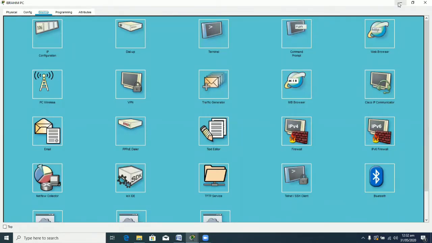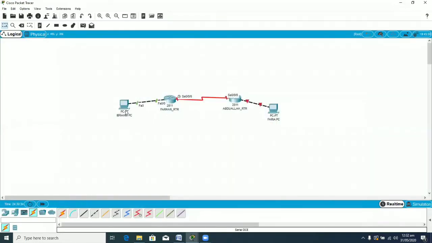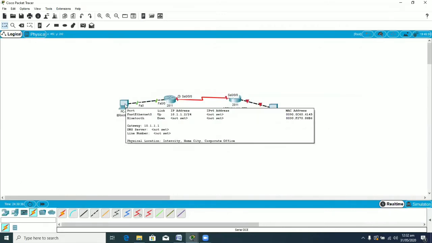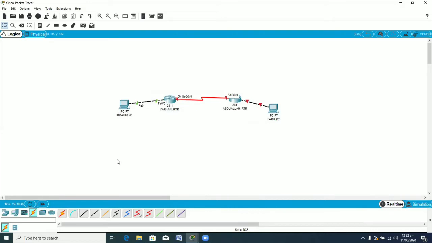So these configurations are given at the FastEthernet interface, and now my PC will be with the IP address, and I am just placing the cursor over here, and you can see that the IP address is there. If you want to check the connectivity between this router and the PC, whether they are working properly or not, then you can make a ping PDU, and you can send it from the PC to the router and from the router to the PC.